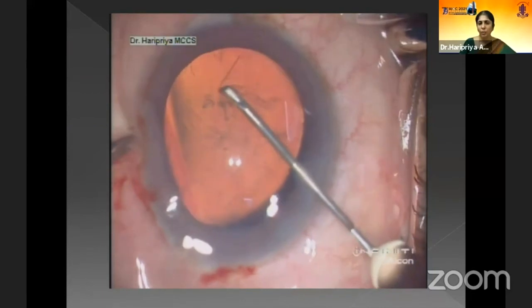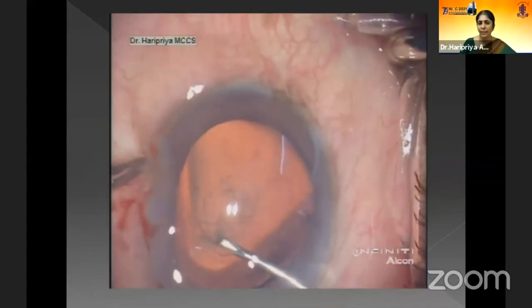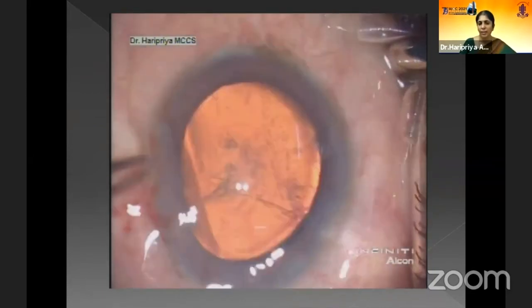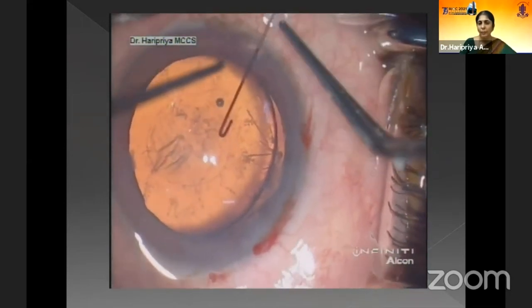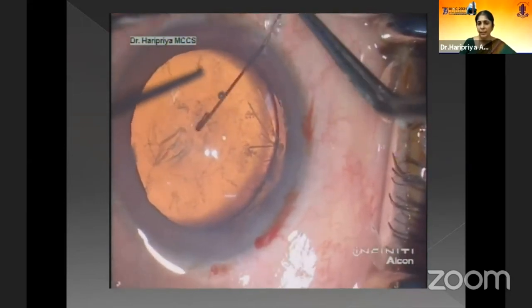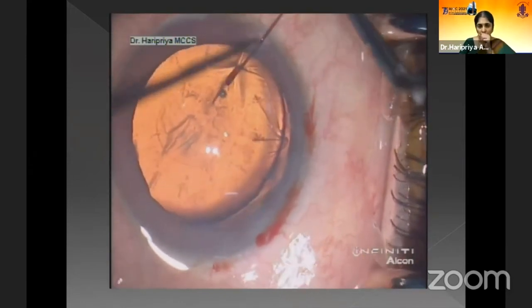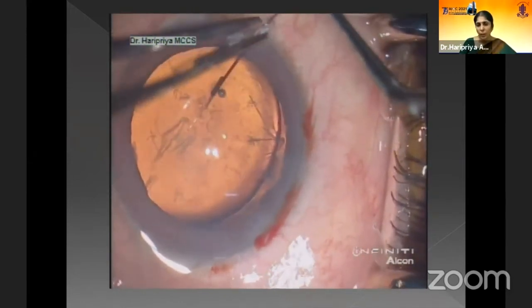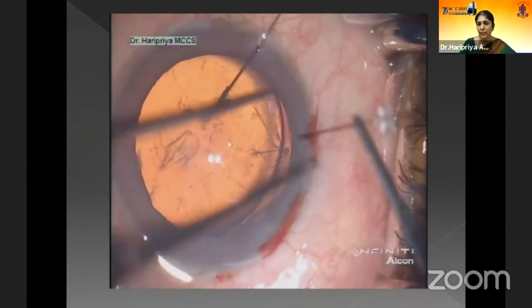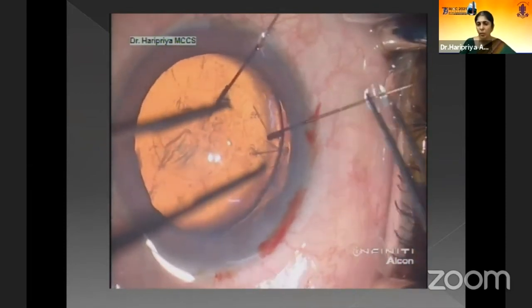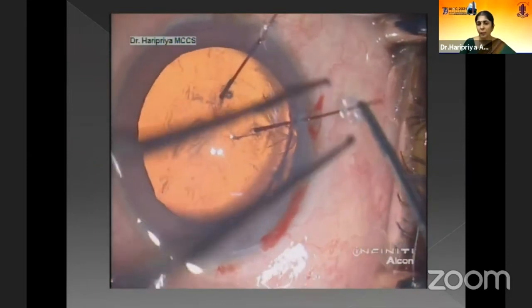One will have to make a slightly smaller rhexis here than in normal patients because there is a higher chance of rhexis extension. For bag stability, I'd go ahead and place the hooks before placing the CTR. Now this I would do before doing the hydrodissection because this way one can see the rhexis margin clearly. So one hook for every 2 clock hours is what I would suggest.